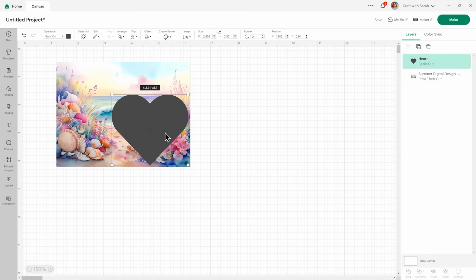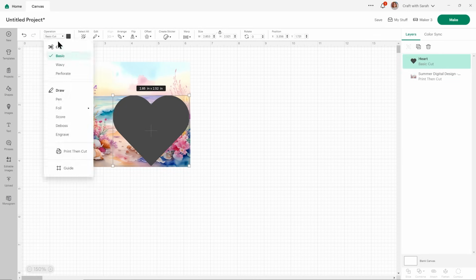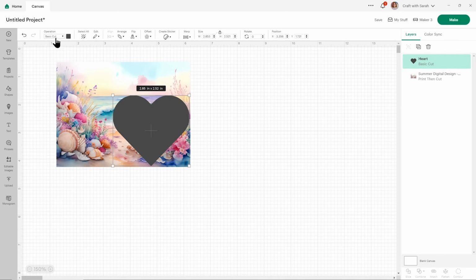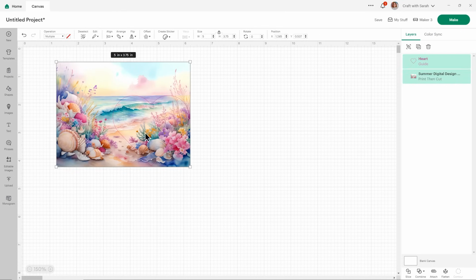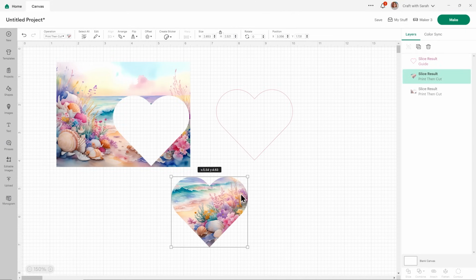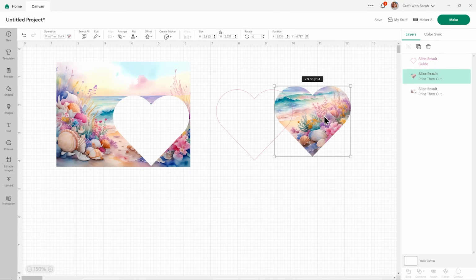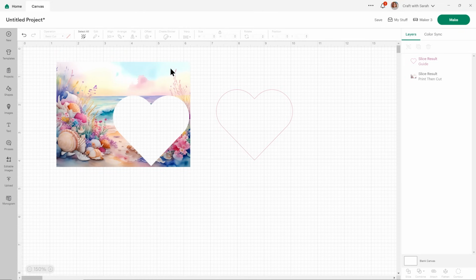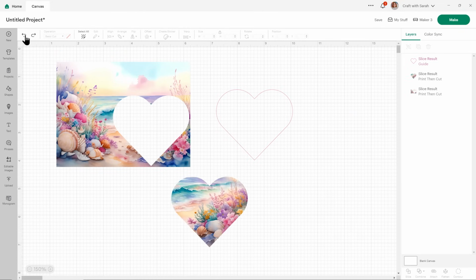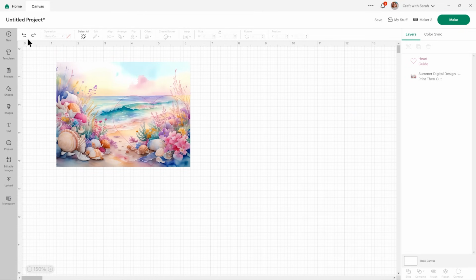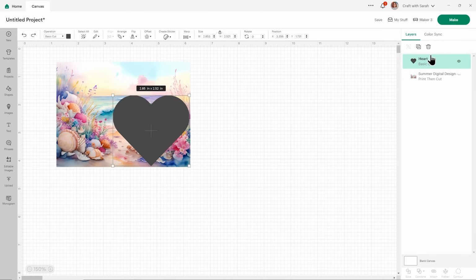And now you can position it wherever you want it to go. And just like we did before, you can select both of those and slice. And then you've got your cutout. And you can just see a portion of that image now, and it's really nice. But you can also use this exact same thing for if you're making greetings cards or scrapbook pages and you're looking to have a particular background.